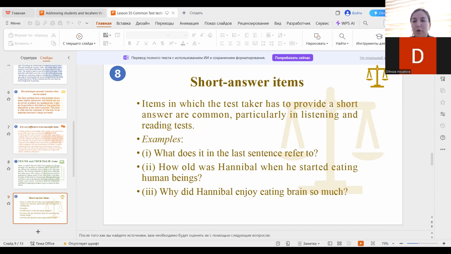Okay, so that was all about test techniques. If you have some extra information about test techniques which you have faced when you have been improving your writing, speaking, reading, and listening skills, you're welcome to text me